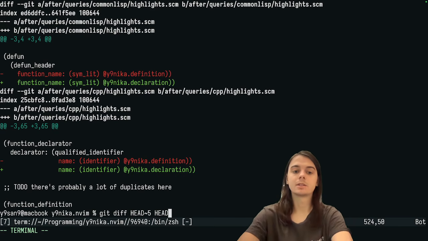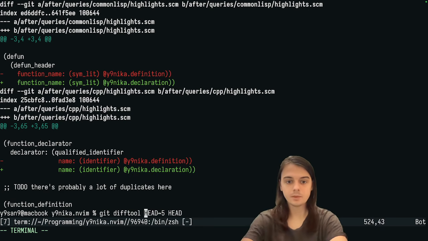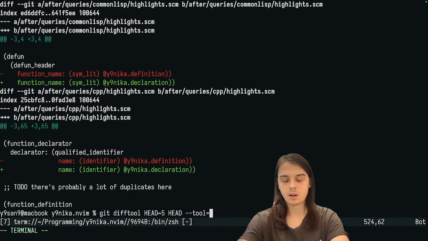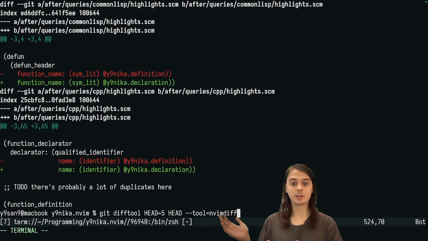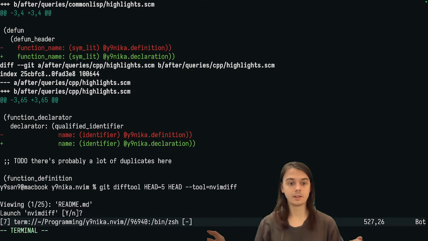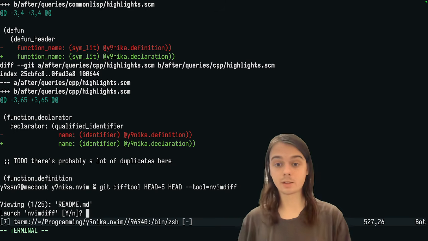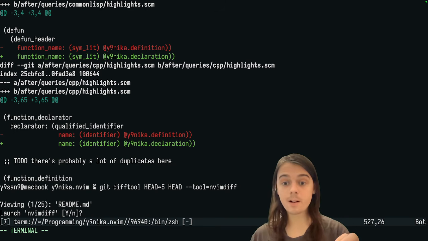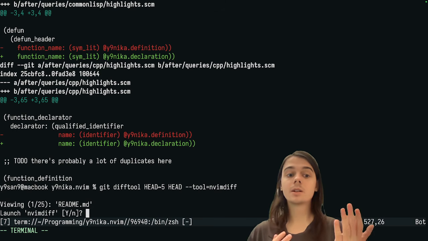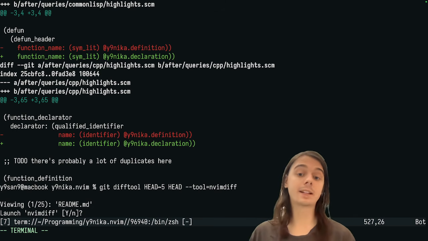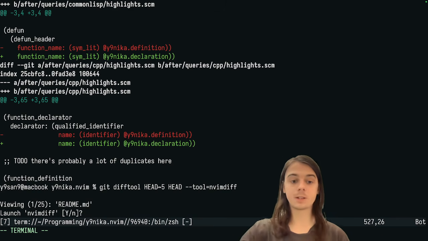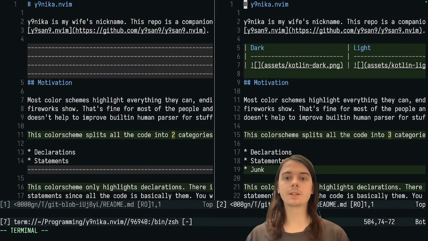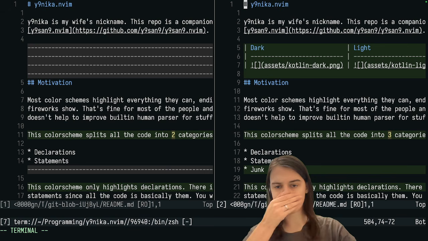What you can do instead is use difftool with tool Nvim diff, and that's a built-in one. I mean, you can use it, Nvim diff, and now it says to me, okay bro, you have 25 files changed. Do you like to start with readme? And I'm saying, yeah, I want to see what changed in readme throughout these 5 commits. Let's do that. It opens this diff that is actually too